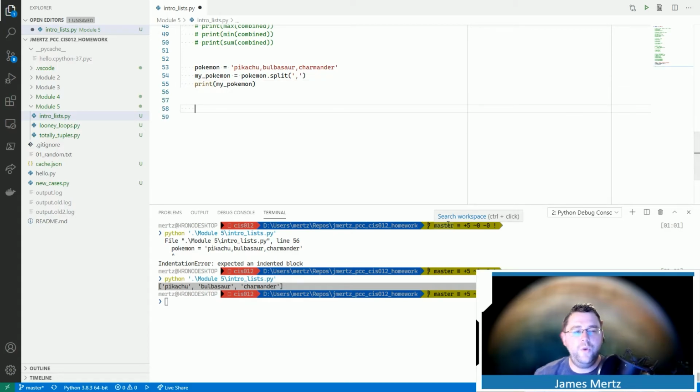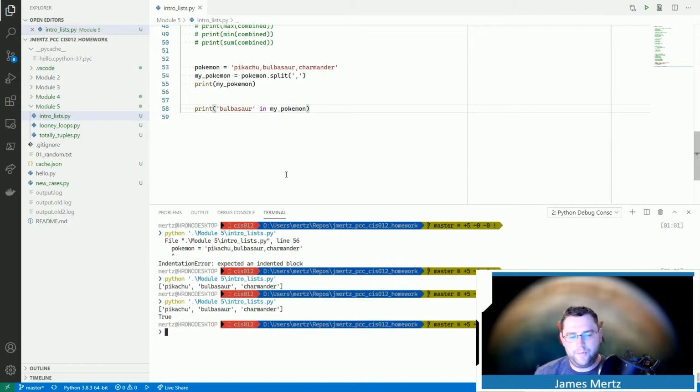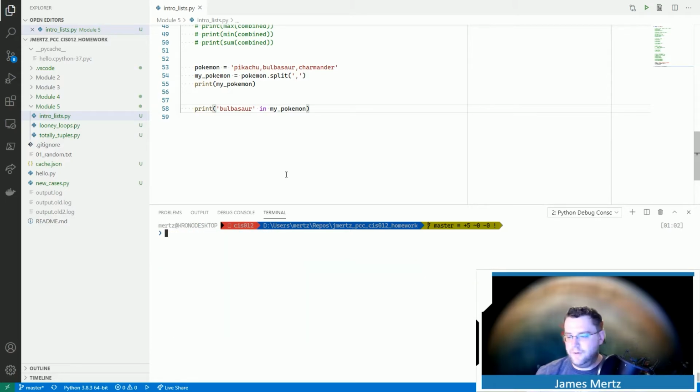Finally, we can check to see if something is inside of a list. So let's print if Bulbasaur in my Pokemon, and run our file. There we go. Cool. So that's pretty neat. Now, here's one last thing that I want to talk to you about, and that's copying lists